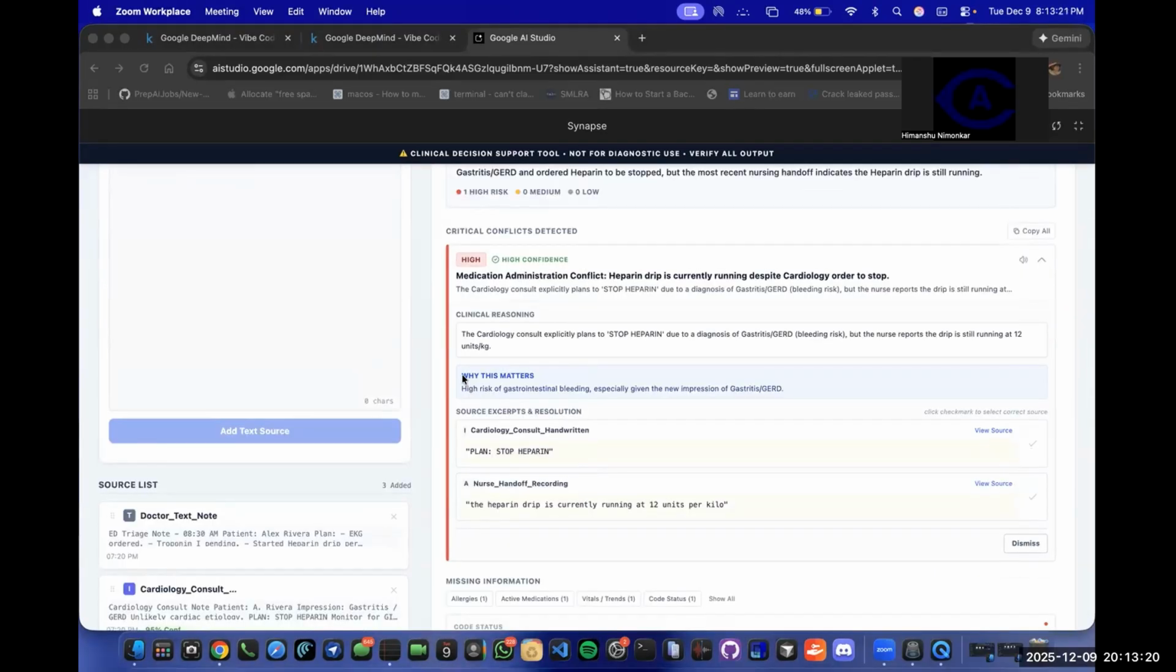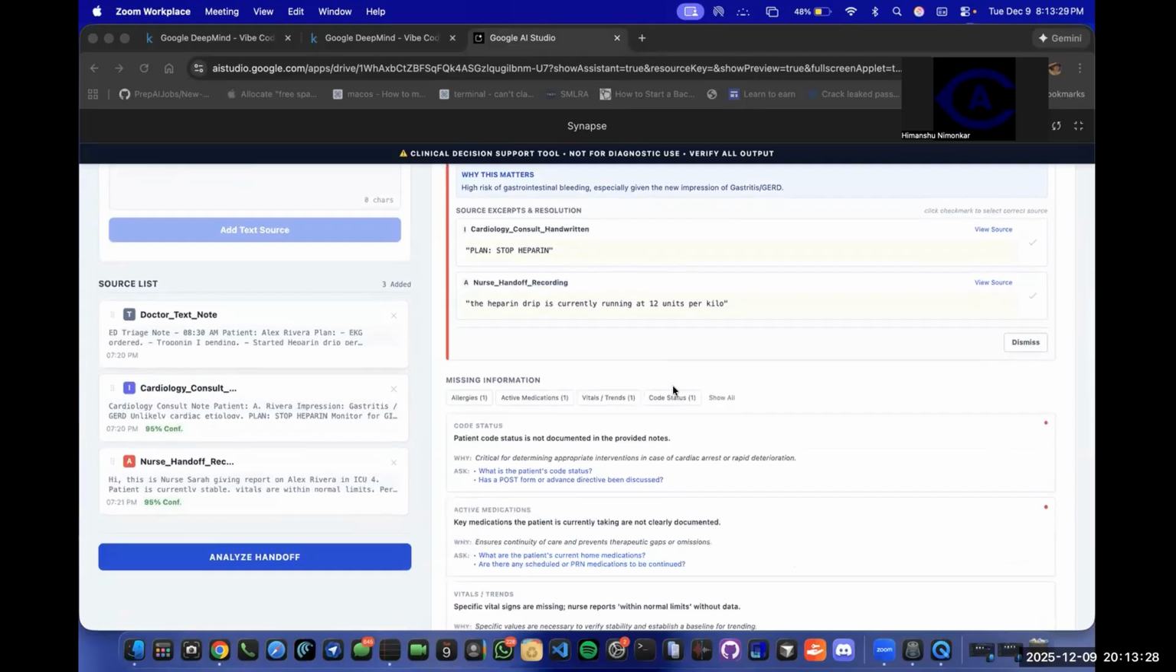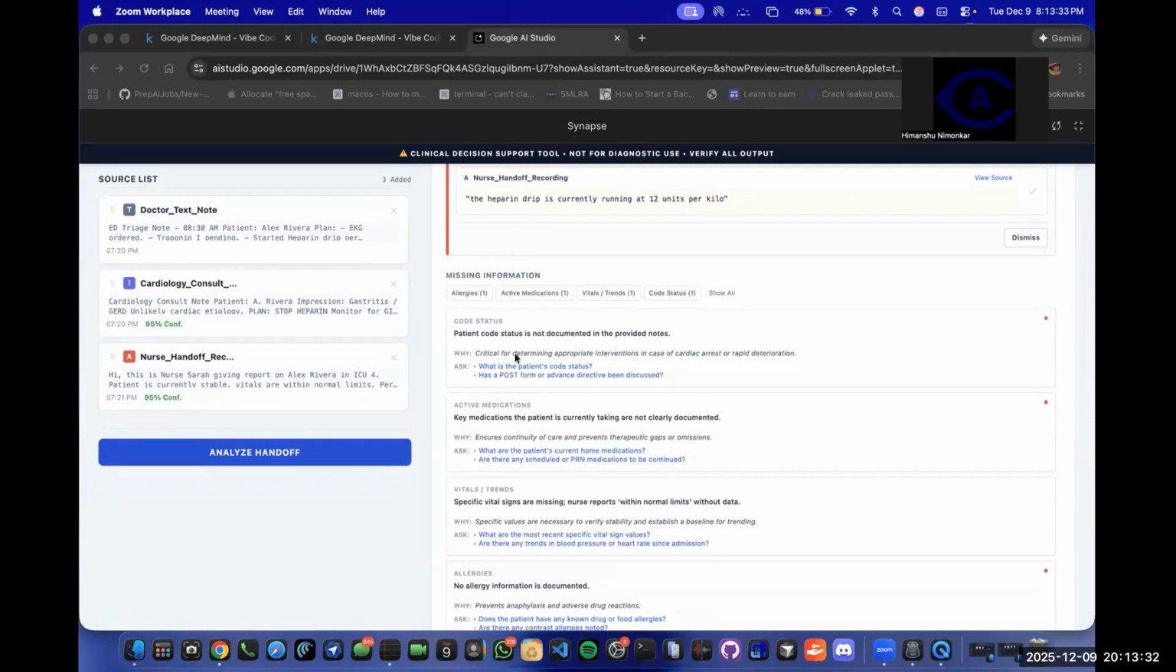This project also shows why the conflict exactly matters. It shows a high risk of internal bleeding and gives a new impression of gastric issues like GERD. Apart from that, in the missing information, it shows why it is critical for determining appropriate interventions in case of cardiac arrest or rapid deterioration. That is for the code status. And it also gives you a question on what you can ask